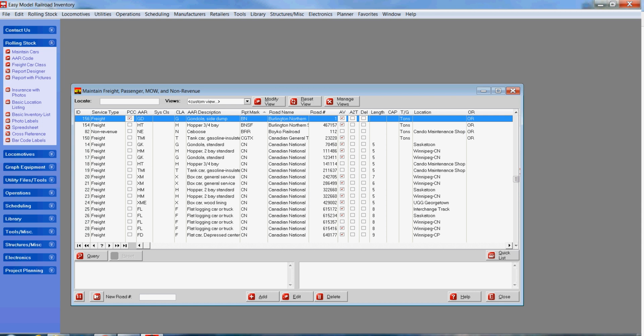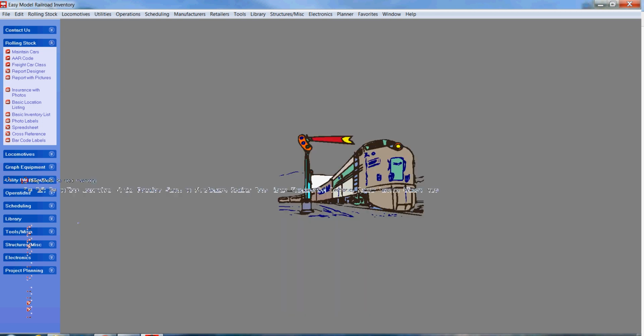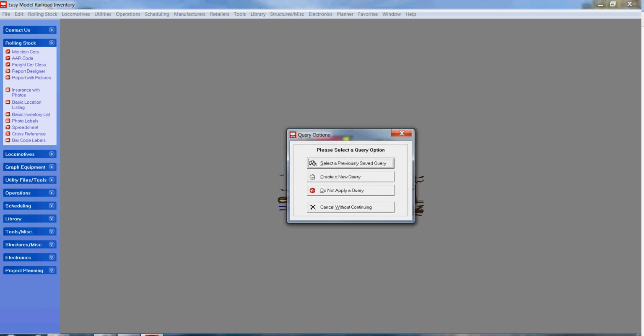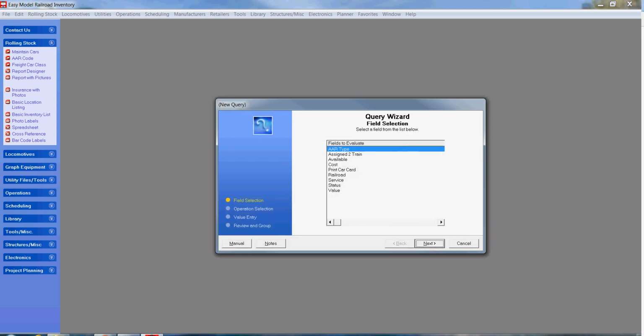Once I add all those in there, well, that's great. I can do reports. So I can do a basic inventory list, for example. It says I want to create a new query. Some of this reporting is a little more complicated than it needs to be. So say I want to